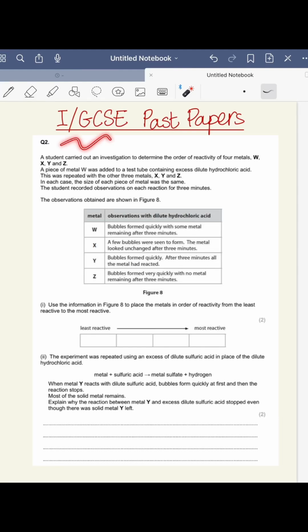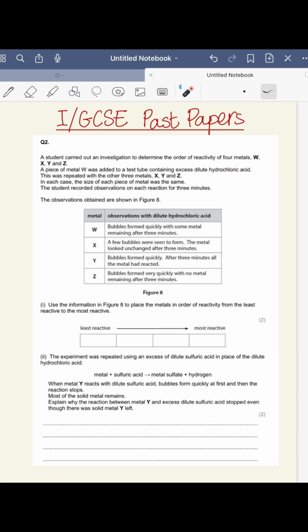Let's answer a GCSE past paper question. This is taken from the Edexcel exam board, and the question reads: this question is on metals and their extraction techniques. A student carried out an investigation to determine the order of reactivity of four metals, W, X, Y, and Z. A piece of metal W was added to a test tube containing excess dilute HCl, and this was